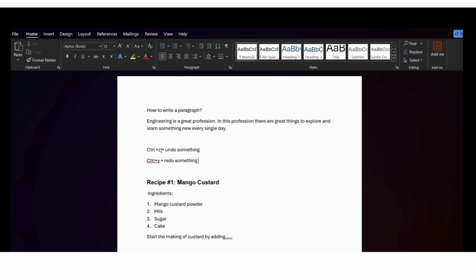So we have discussed today how to write a paragraph, and what a cursor is. It blinks, it can click anywhere. Then by Control Z you can undo something, and by Control Y you can redo something. And then in order to write your recipe, you can just say that mango custard ingredients are these, and then let's suppose start the making of mango custard by adding mango custard powder, half cup or 1 cup, then milk